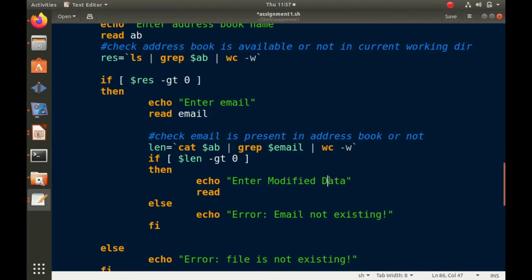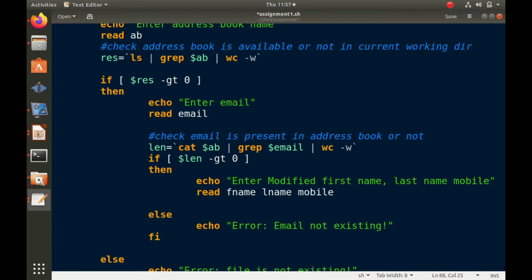We will say: enter modified first name, last name and mobile, and read that in variables fname, lname and mobile.